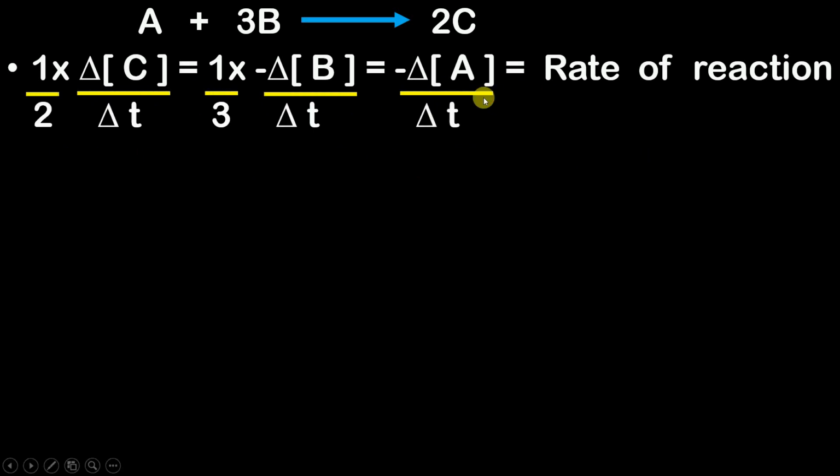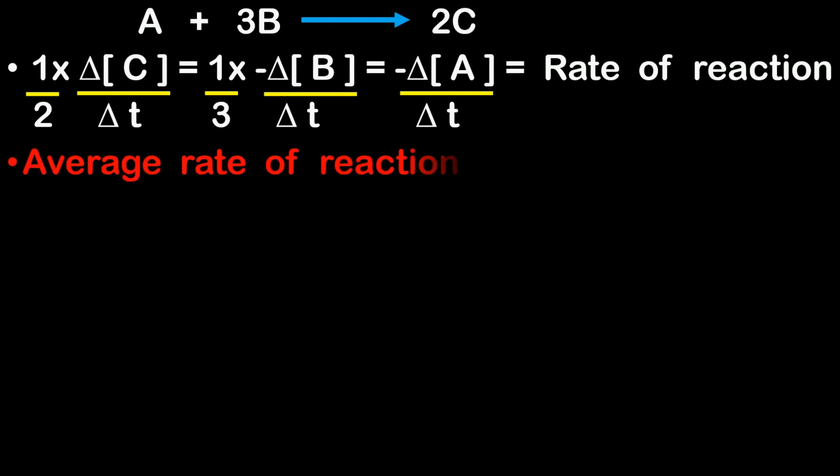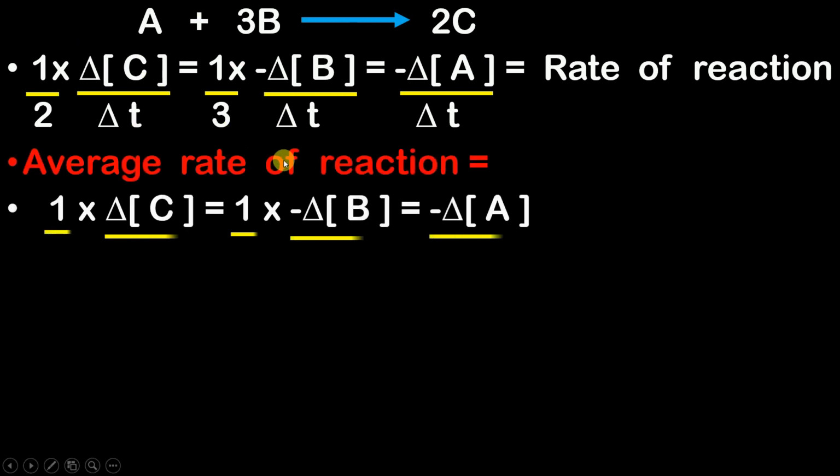For average rate of the reaction, the difference is that this time the delta t that we are going to consider can be any length. You can consider from 2 seconds to 5 seconds, from 1 second to 100 seconds, from 2 seconds to 3 seconds, from 50 seconds to 60 seconds, as long as a reaction is taking place. Anything that you want. This delta t can be any time interval as long as your reaction is taking place. Am I right? So the formula for average rate of reaction is going to remain the same. There is nothing changed in the average rate of reaction formula.